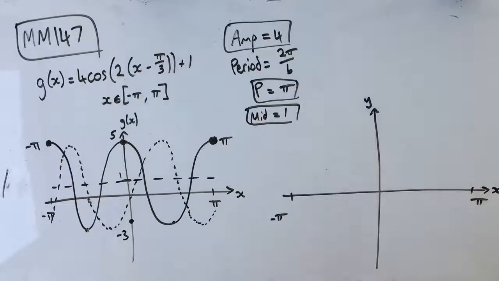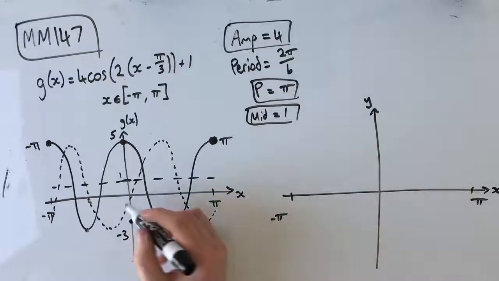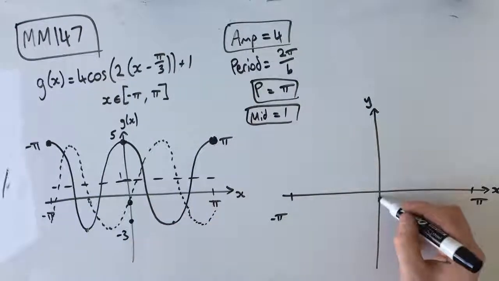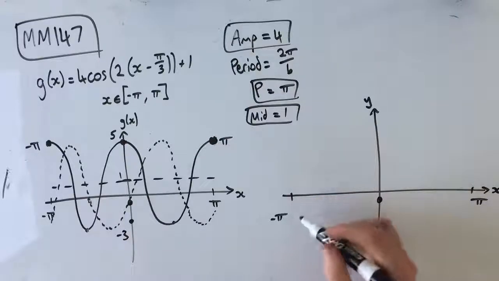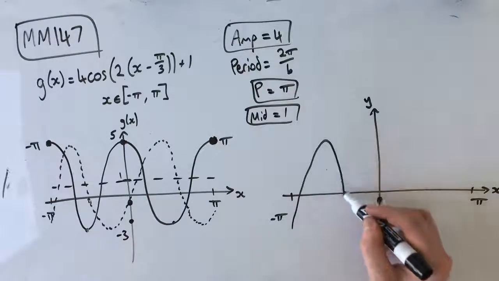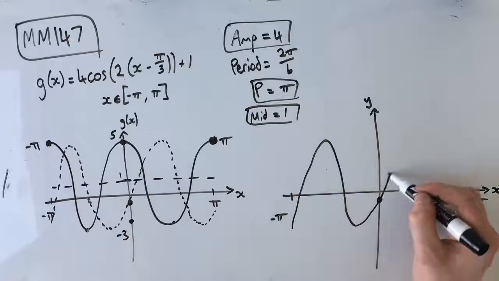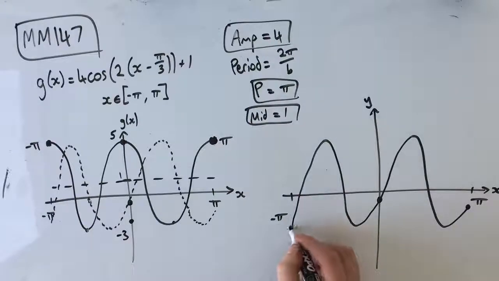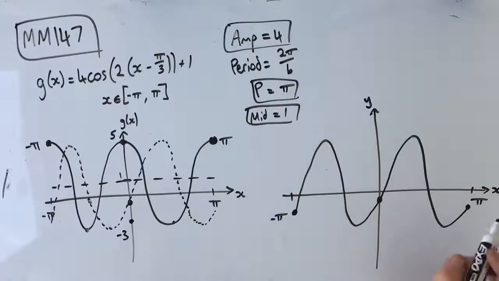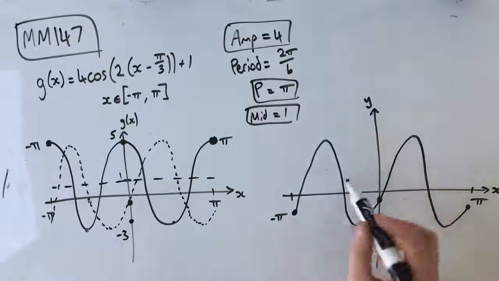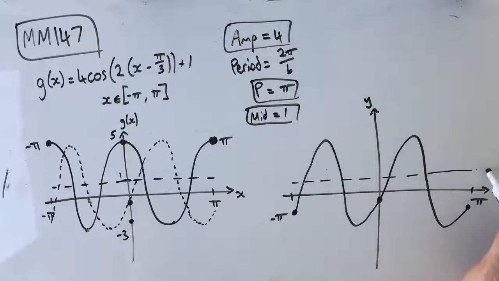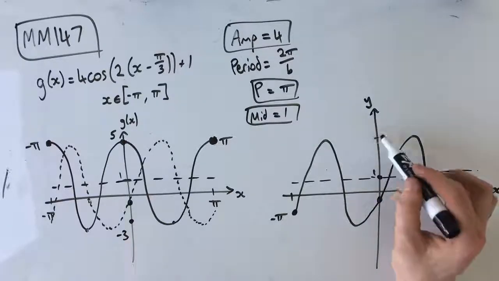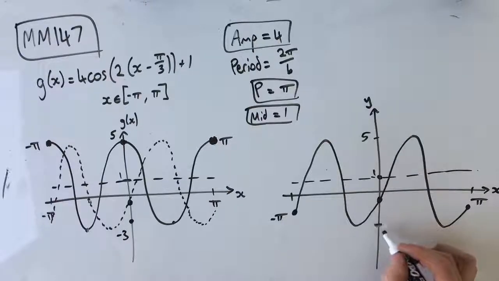Okay, so this point here is going to cross somewhere here, and we're going to get something that looks like this, where these two should be at the same level, where our midpoint is still 1. Our maximum is still 5, and our minimum is still -3. That hasn't changed at all. But what has now changed is our